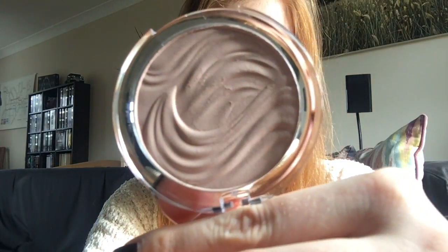So this is what the highlighter looks like, and it's just got an embossed kind of wave pattern on it, which I think is really pretty. So I'm just going to swatch this now. And again, I'm sorry if the quality on this video isn't that great. I'm having to use my phone instead of my normal camera. And this just seemed really smooth to swatch as well,